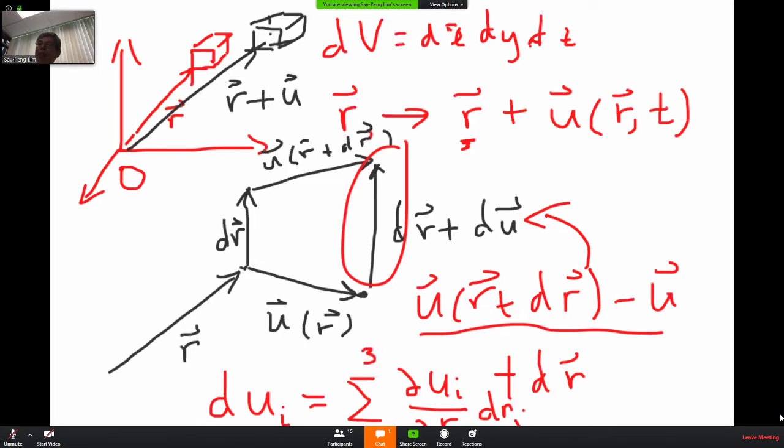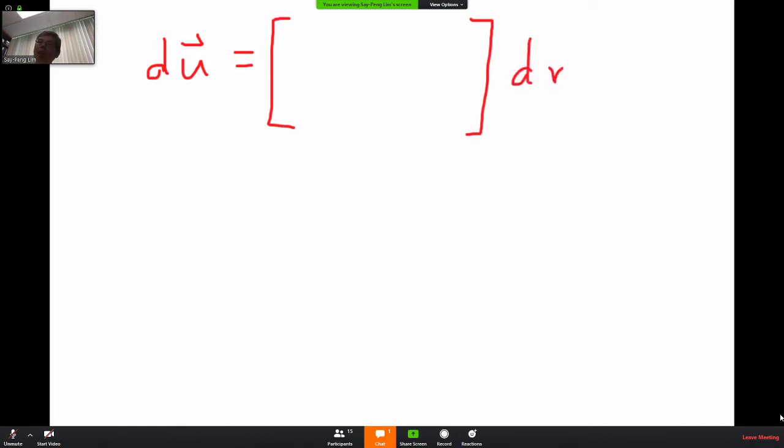So in general, what you can write is, you say, what is the vector du? This is going to be equal to, and in fact, what you find is that you can write it in terms of a 3 by 3 matrix. And looking at this expression,